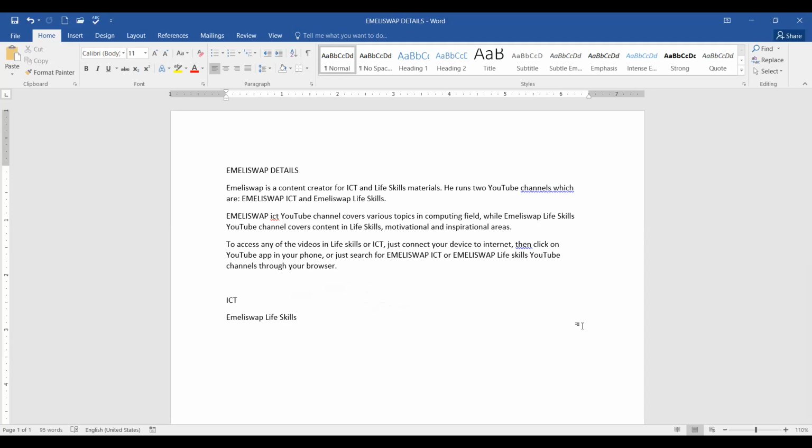So if I press backspace once, S disappears. If I press it again, L disappears. So I'm using backspace to delete characters. That is use of backspace. And therefore, deleting text